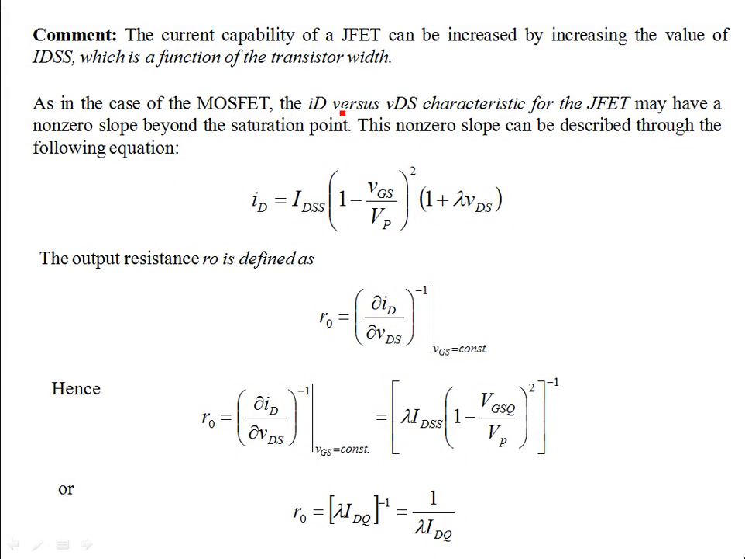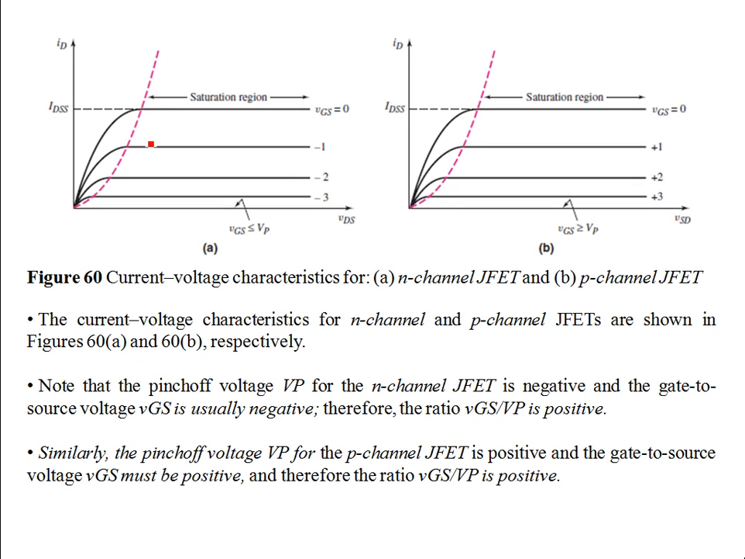In this case, you might not have an ID versus VDS characteristic that is flat for a JFET after VDS sat, which means that you might not have a zero slope beyond the saturation point. So what it means is that after you cross this VDS sat, the transition point between the ohmic region and the saturation region,